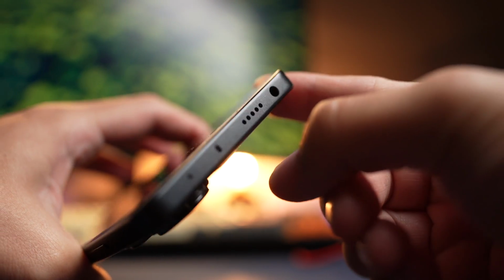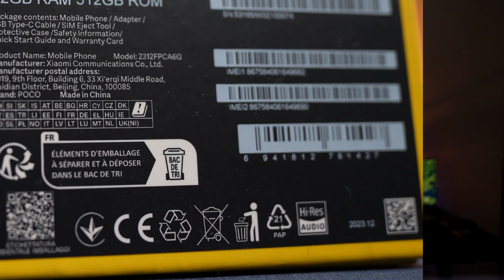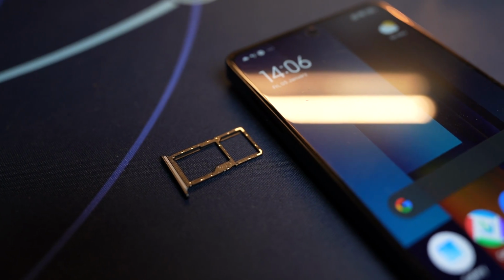And this time around, you're also going to get a speaker unit at the top and bottom of the phone, making this a stereo phone. And this phone is also high-res audio certified, so you will be able to enjoy great audio from this phone itself. So on the left side is a SIM tray, which also holds an expandable microSD card that expands the